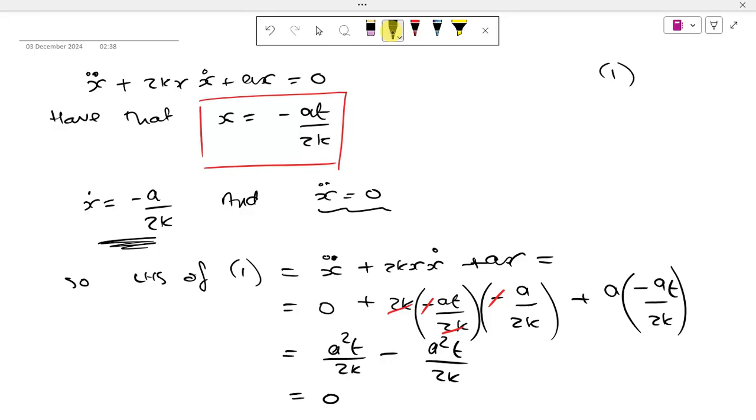So therefore, this is the required solution, as when we substitute everything into the left-hand side it is equal to 0. Okay, so that just about concludes that